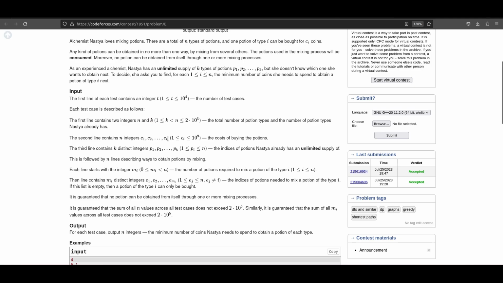If she has to, she will buy any potion at this price. So that's the cost of buying any potion. Again, in the third line, we are given k distinct integers, which basically means the potions Nastya has in unlimited supply, as mentioned here. Now, the following line, after the third line, there are n lines in which